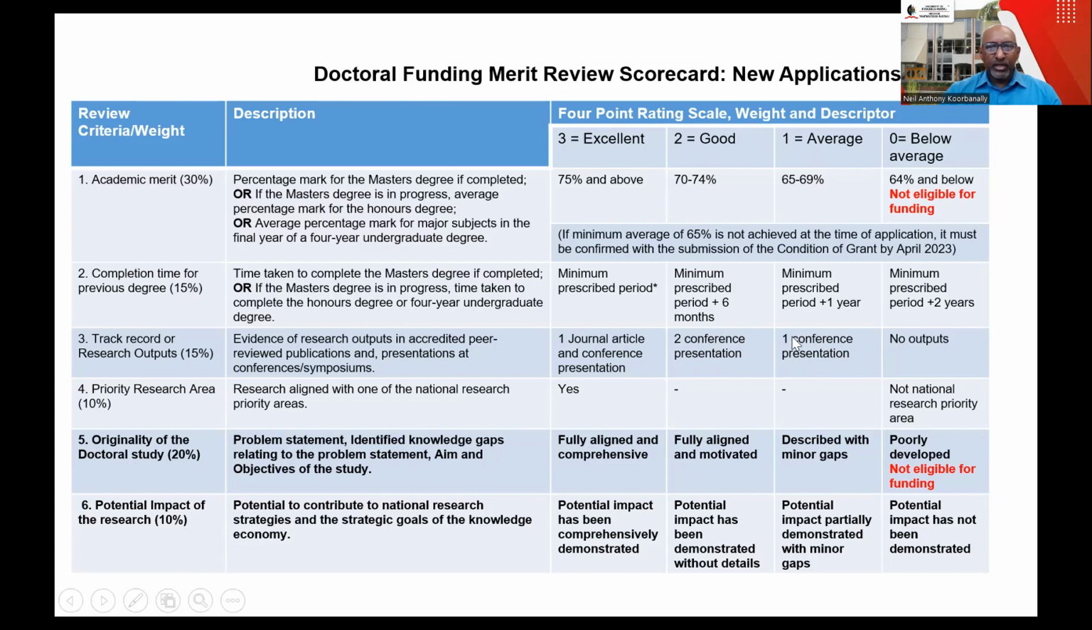So this is just showing you the activity that you have done in your previous degree, which is a master's degree, if you're applying for a PhD. This is not for students who are on the honors level applying for a master's degree. Right, so that's the track record of research output. And that's the only difference between the master's